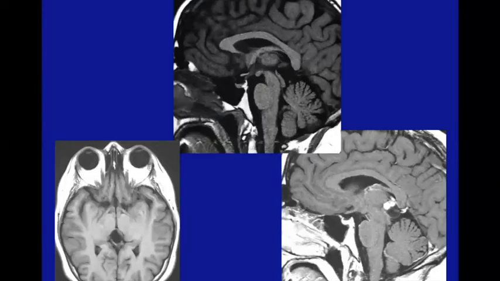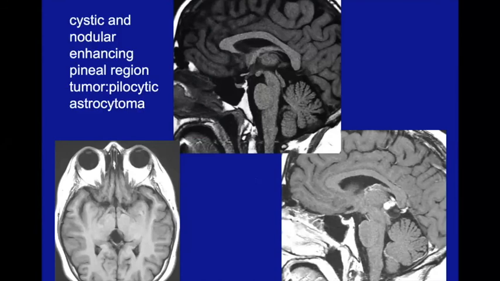Now this tumor here, you can see this is a cystic pineal region tumor with some nodular enhancement. This proved to be a pilocytic astrocytoma. Now, how could you tell the difference between this and the pineocytomas? I can't. And so I think the important thing, and I'll bring this up again, is to make the distinction between benign and malignant disease. And then when it comes down to the histology, I think the more important decision is whether you think it's a meningioma or a metastatic lesion, because these are going to have different